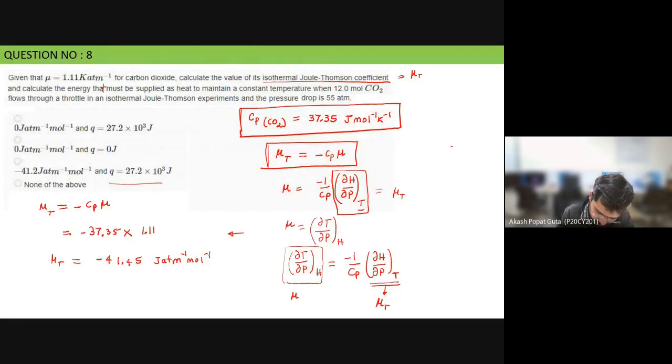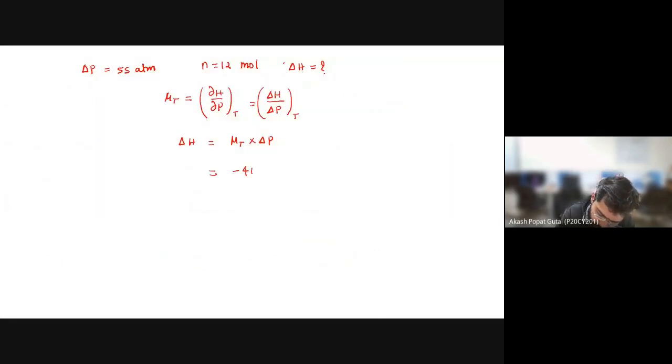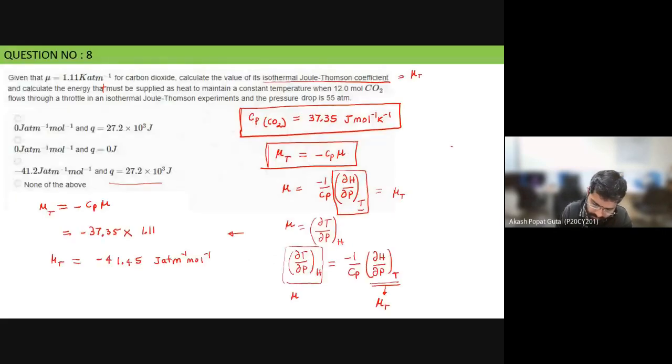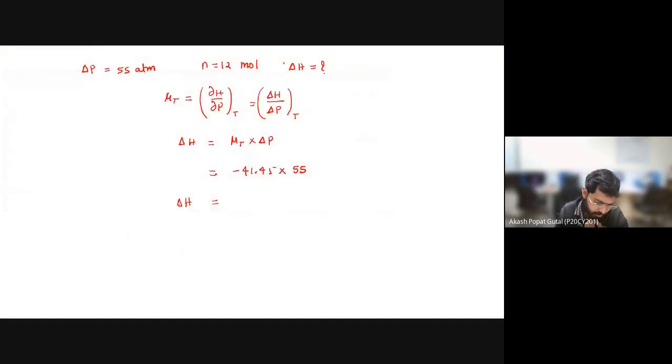So mu T is minus 41.45 into delta P is 55. What you will get is that heat you must supply to keep the temperature constant. Fine. So that comes out to be nearly, if you calculate it,